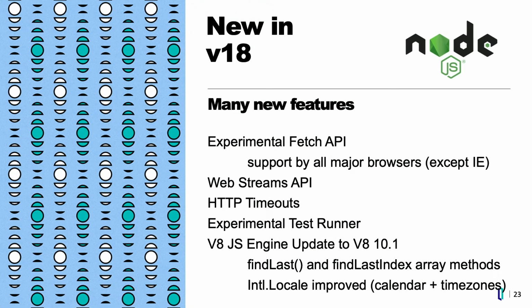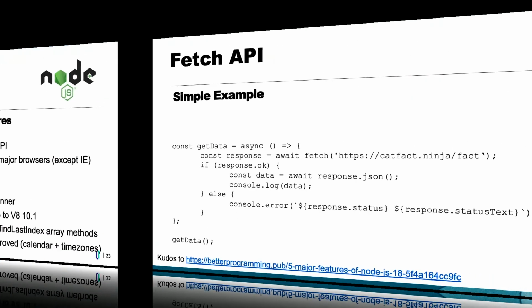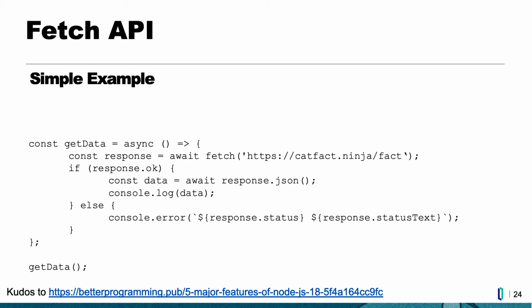There's quite a lot in version 18 that's interesting. I'm not going to cover all of these things. What I personally find interesting is the fetch API. That's basically a new way how you can fetch resources from other environments, and it's implementing the Promise API. And that makes it very effective to write your code. It's supported by all major browsers, except for IE. But I said all major browsers, right? So that's fine, right?